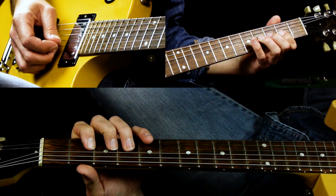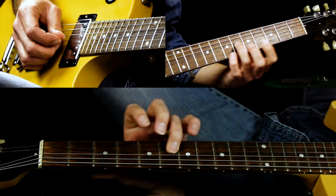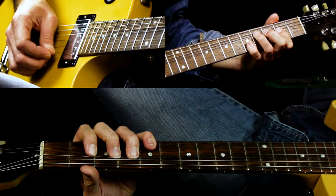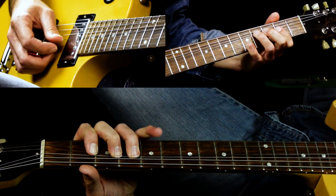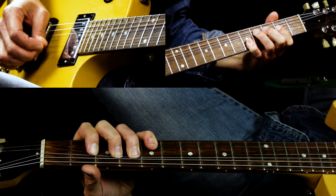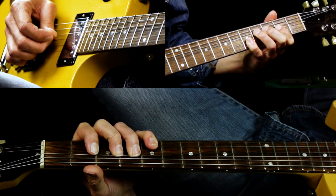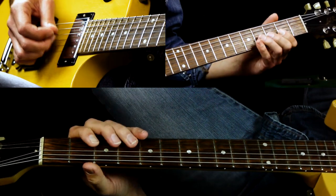Now he's going to just highlight an A major triad with this bend, which is bending up to that note, which is the 3rd interval of A. And as you're holding that bend, you're going to bar with your pinky the 5th fret, E and B strings. Pick those, pick the 4 again, release it to a 2. Okay, so